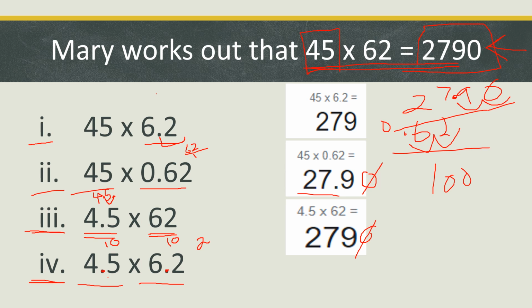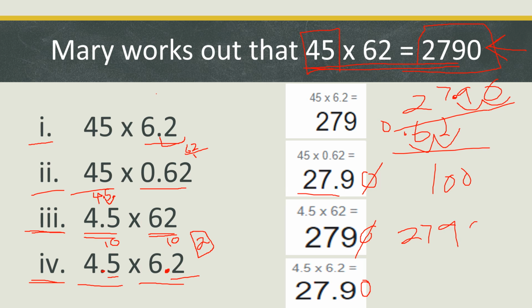There is 1 digit after the decimal point in 4.5, and there is 1 digit after the decimal point in 6.2. So there must be 2 digits after the decimal point in the answer as well. So the answer is actually 27.90. You can just divide 2790 by 100